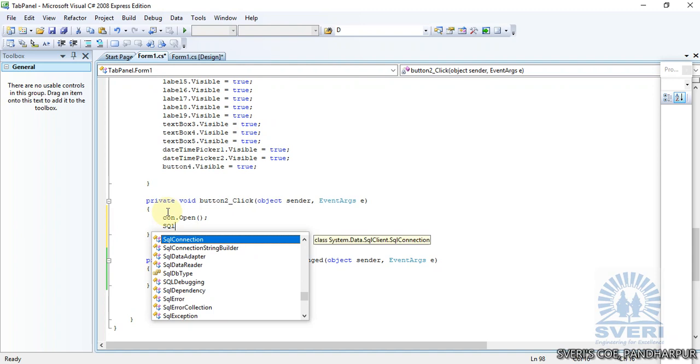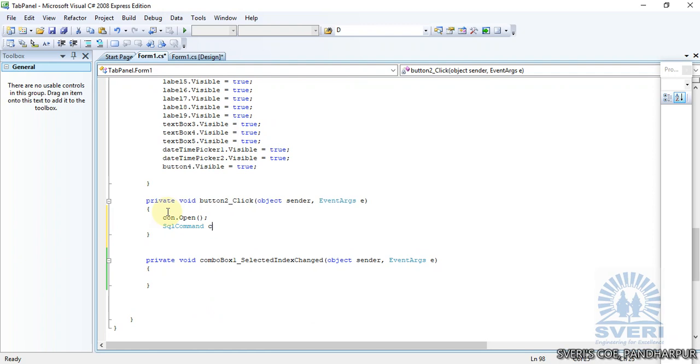So we have to use the SqlCommand class to create the query, or you can write a query in string format by taking a string variable also, but directly we will write into the SqlCommand class as cmd is equal to new SqlCommand, and here write the query: insert into your table name values, open bracket,